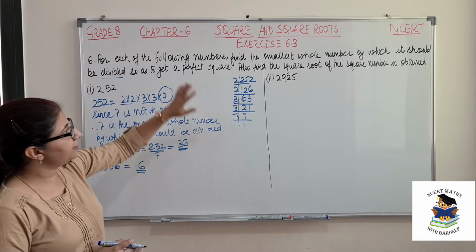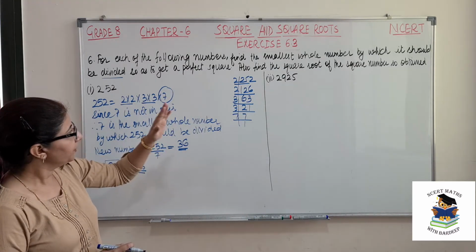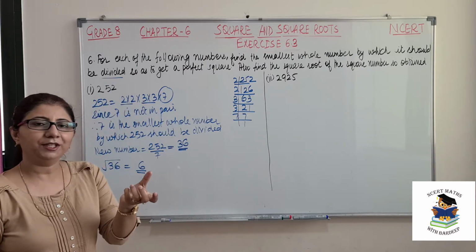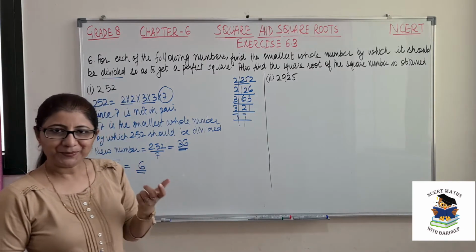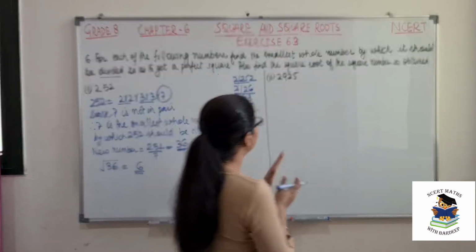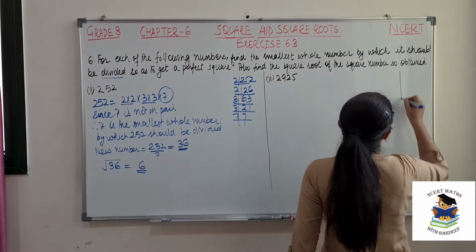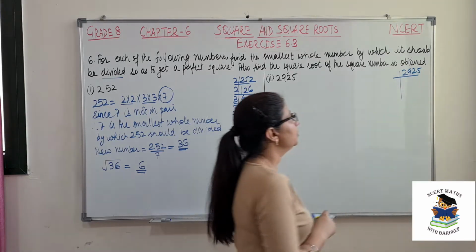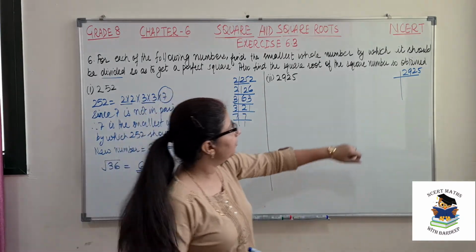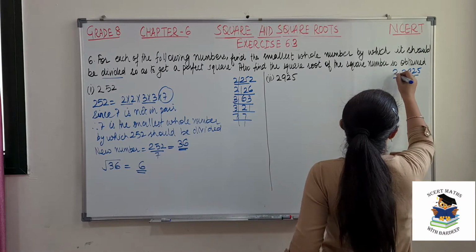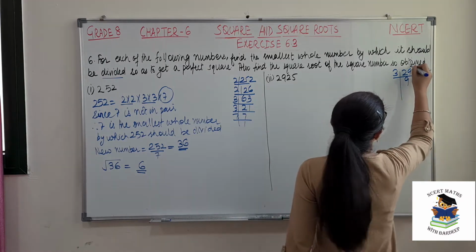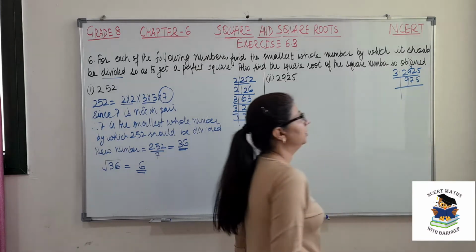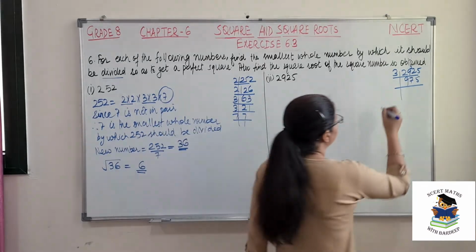So what we have done is we have done prime factorization. We have found the factor which is not in pair and we have divided our given number by that factor. Okay, so let's see the second part. This is 2925. So let's see whether this goes in the table of 3. So 3 9s are 27, then 2 is remainder, 3 7s are 21. Yes, it goes.